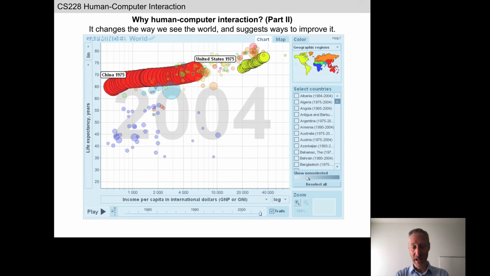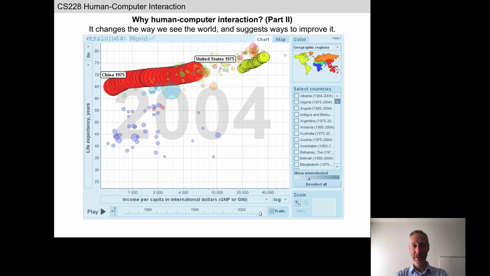There are data science classes here at UVM about the technical side of dealing with large amounts of data. But as the Gapminder website makes clear, there are also creative challenges. How do you actually visually present that information in such a way that the user is not overwhelmed by the amount of information that is there? So as just an example of this, we ended last time with this Gapminder example. There's a lot of information here.